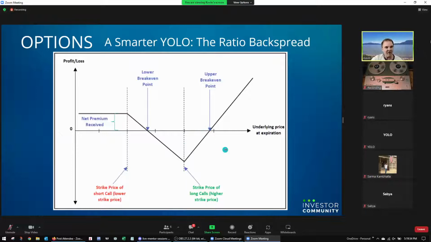And you'll see how this works in more detail in a little bit. But hopefully this makes sense to everybody. If it doesn't make sense, let me know. Or maybe we'll get into a couple examples first. But it's important to know that this is what it should look like when you bring this up in your broker platform and look at your return curve there. This is what you should see.